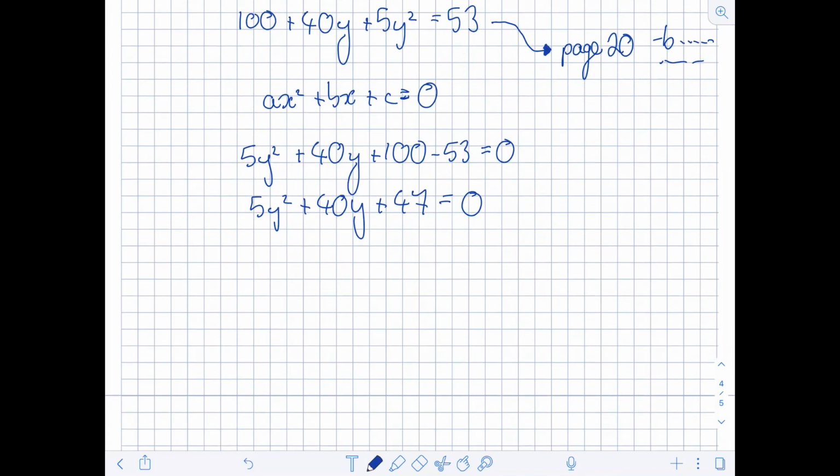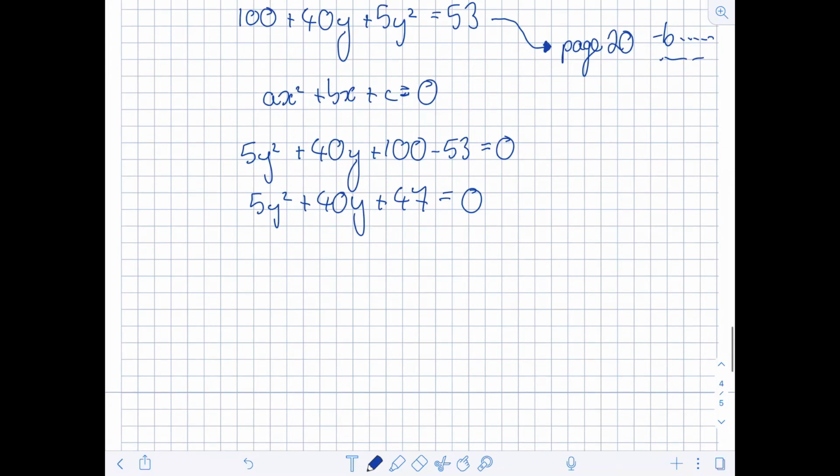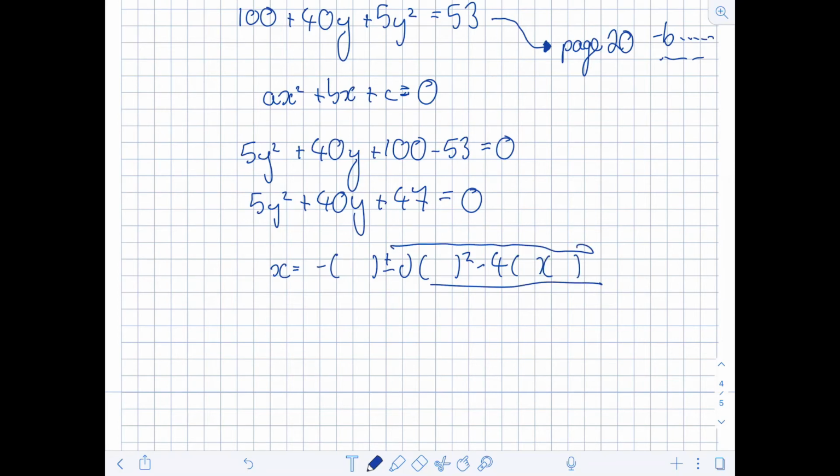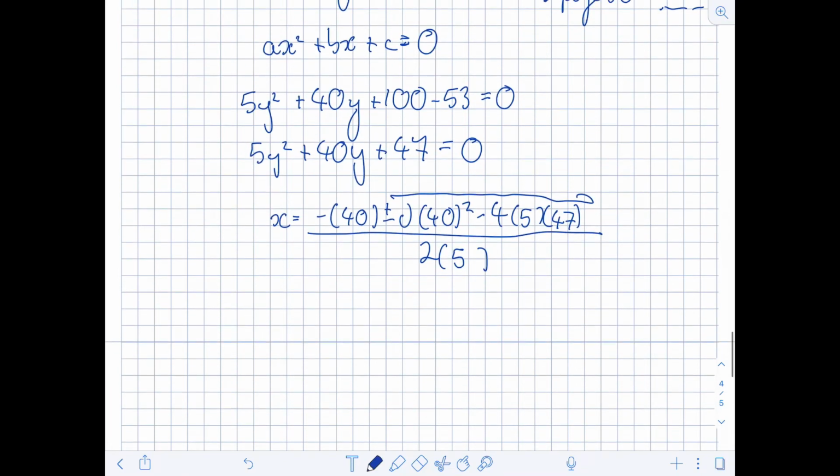Okay, so I now have it in the format ax squared plus bx plus c. So I now know what my a, my b, my c is. So I can now put it into the formula. So I have x equals minus b plus or minus the square root of b squared minus 4ac, all over 2a. So it's 40, 40, b, b, a, c, which is 47, all over a, which is 5. And I can put that into my calculator. So I go fraction, minus bracket 40, plus the square root of 40 squared minus 4 times 5 times 47, all over 2 times 5, which is equal to,